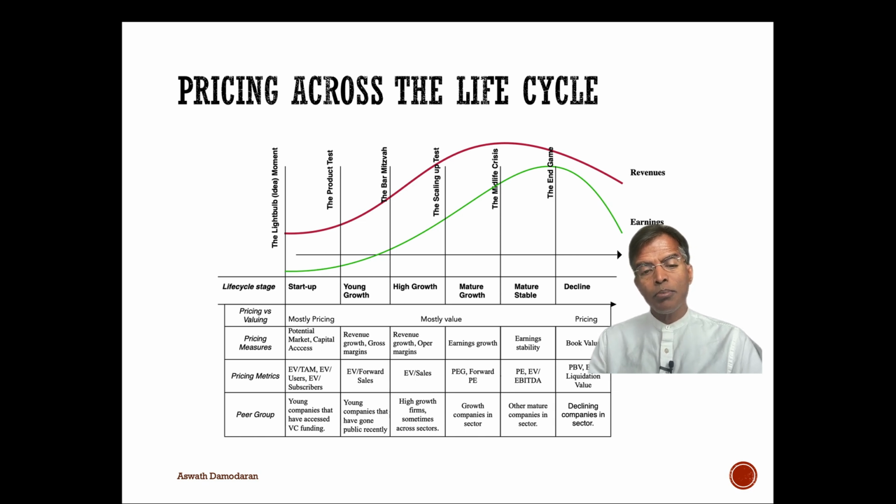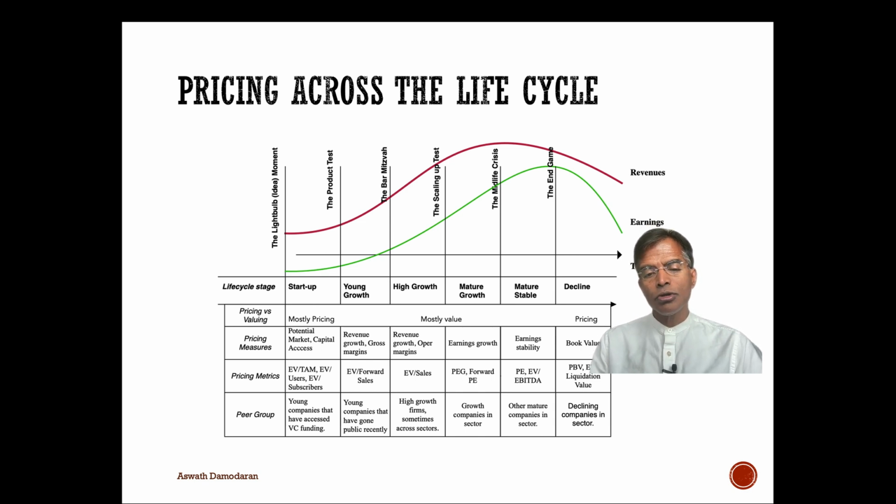With high growth companies, you're going to see revenues become much more established and maybe even trailing revenues, because now your revenues are large enough that you can do a multiple of revenues. Why not earnings? Because you still are probably struggling to make money and your margins have not hit steady state. You're still staying revenue focused.